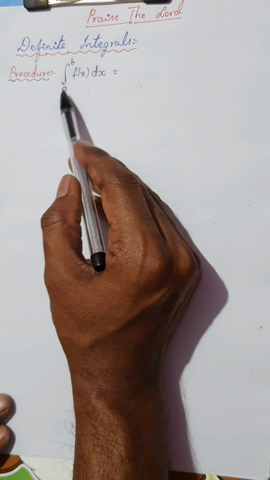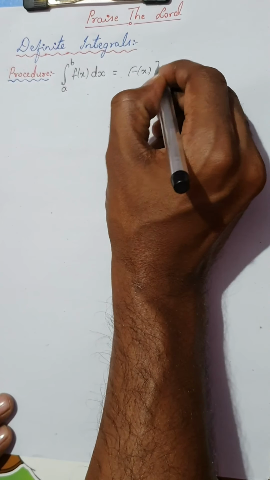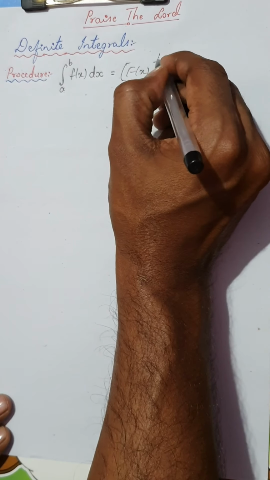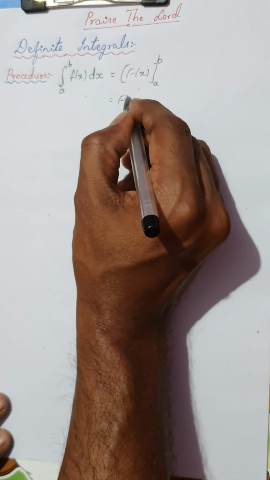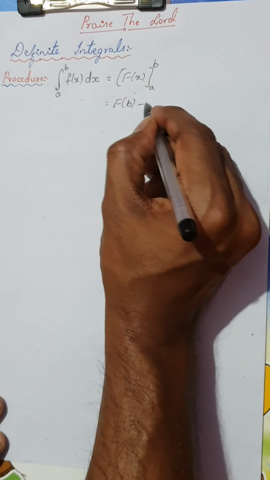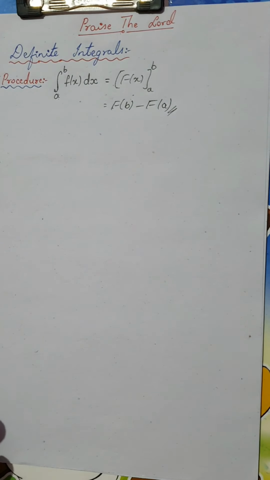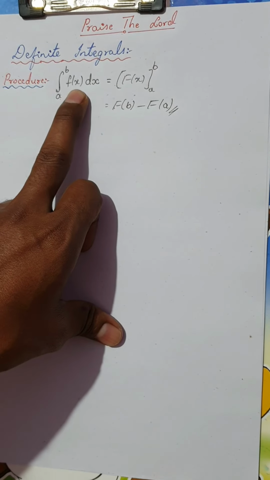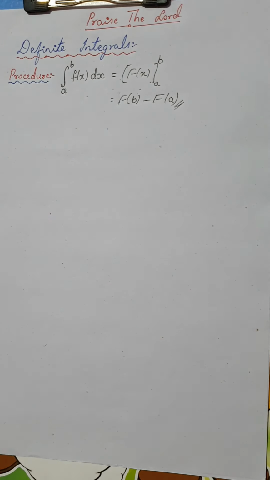Okay, now look here, if you integrate a function f of x dx, let me assume you will get another function F of x. Now I have to consider it within the limits a to b. Okay, now what is the process of this? This is nothing but just substitute the upper limit for the value of x first, then minus the lower limit, which is nothing but a, just that's it. So this is the process of definite integrals. The only thing is, whatever the process of integration which you have learned till now, this will continue. One extra step would be applying the limits.